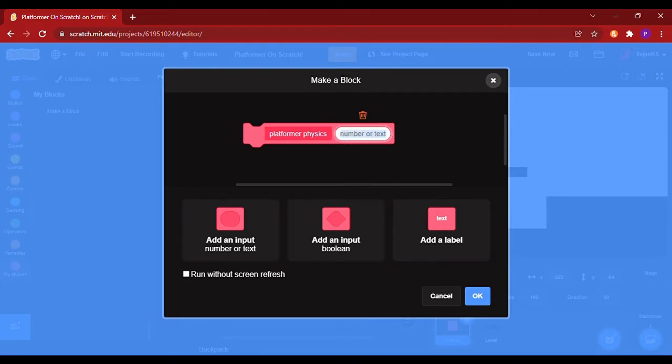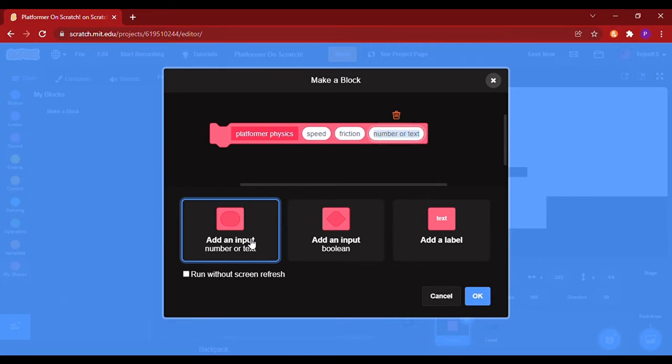We will be naming it speed, friction and jump height. Run without screen refresh.